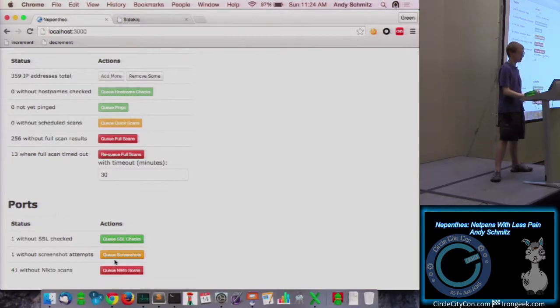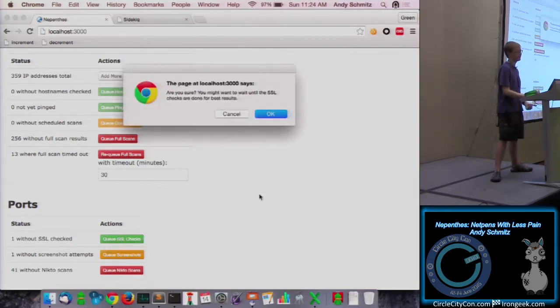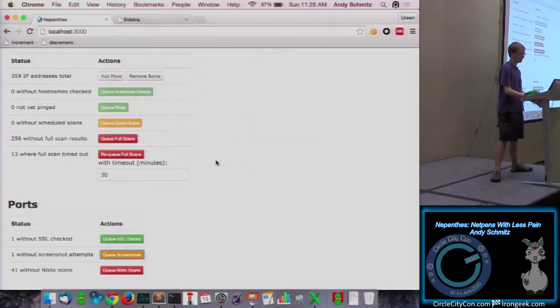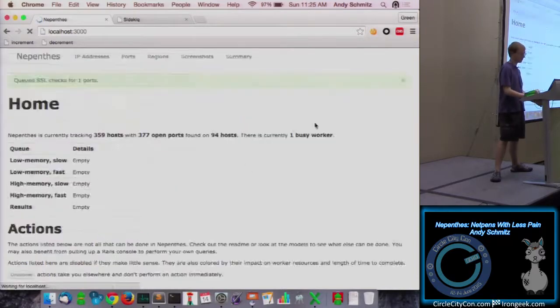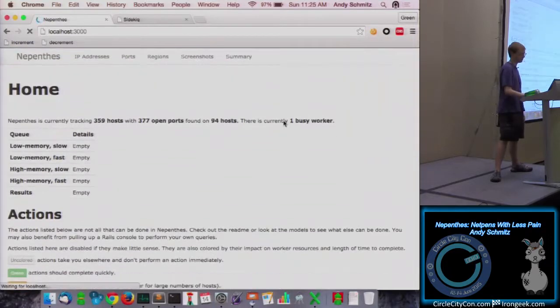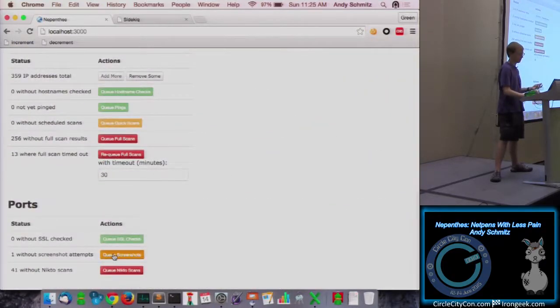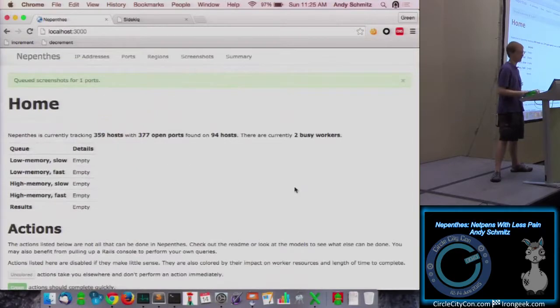I can try and take screenshots. It'll actually yell at me if I try and take screenshots. When you want to take screenshots, it just points Phantom.js at that port and says, try and load this. If there's anything that came back, take a screenshot and send it back. But that doesn't work very well if you don't know if it's HTTPS or HTTP, because if you try and speak HTTP to an SSL server, it's not going to work too well. So we basically suggest that you do SSL checks first. You can not do that as well if you want, but anyway, then you can take screenshots. It'll just queue these automatically. They'll get taken in the background,